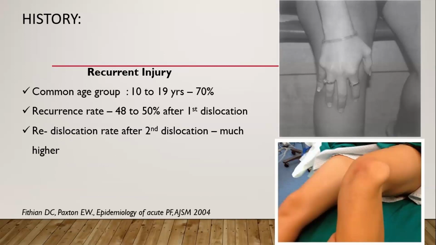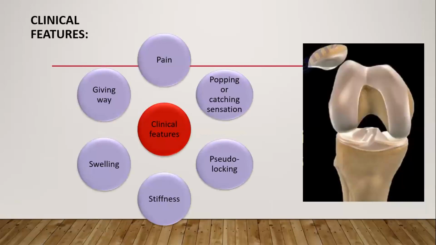Recurrent patellar dislocation is more common in the younger age group, that is 10 to 19 years, which constitutes about 70%. And after the first dislocation, the patella tends to dislocate again in up to 48 to 50%. That is, half of the patients who had a first dislocation can have a recurrence of the dislocation. Again, after the second dislocation, the recurrence rate increases. So the clinical features are mainly based on pain, giving way sensation or popping sensation, and also swelling, stiffness, and